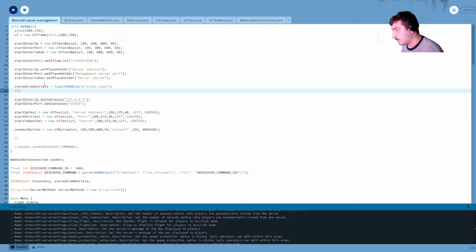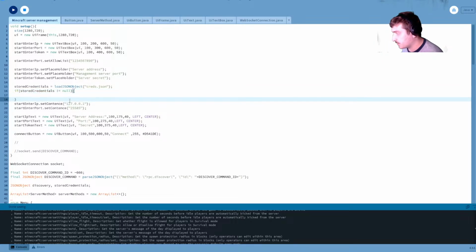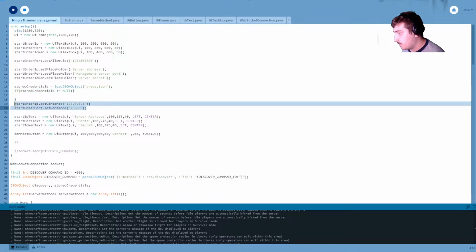Then if this not equal to null, because it can just return null if it doesn't get anything, then what we're gonna